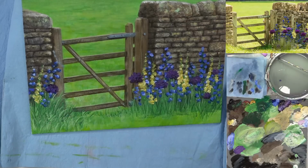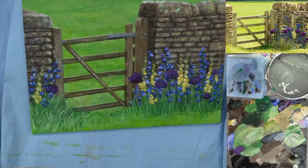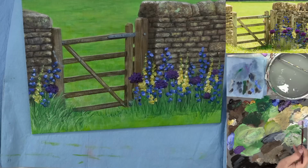Okay, so going over it with a lighter color. This obviously needs one more layer at least. These aren't too bright, but...